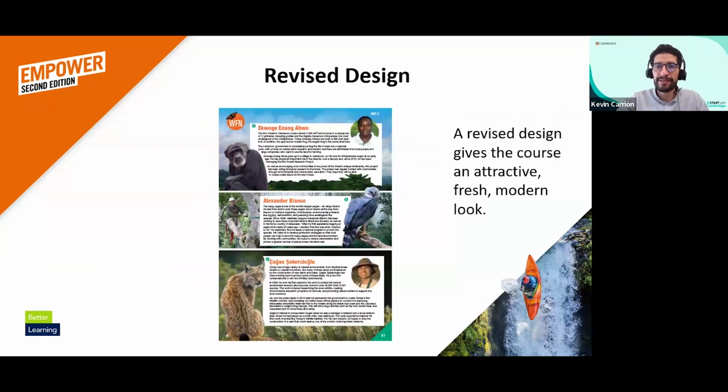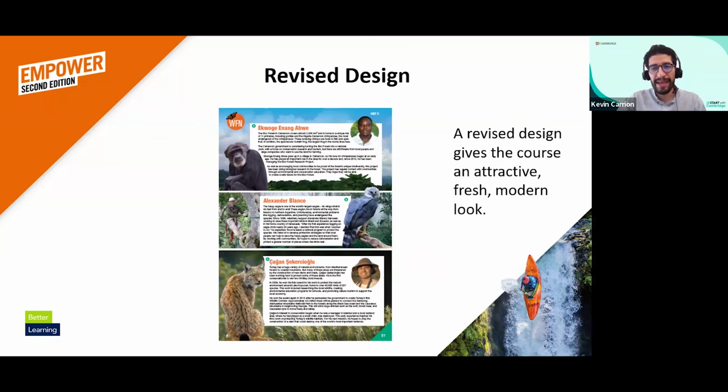Talking about the design, in the second edition of Empower and American Empower, the design has been updated. It's a bit more modern, with a more attractive and fresh look.